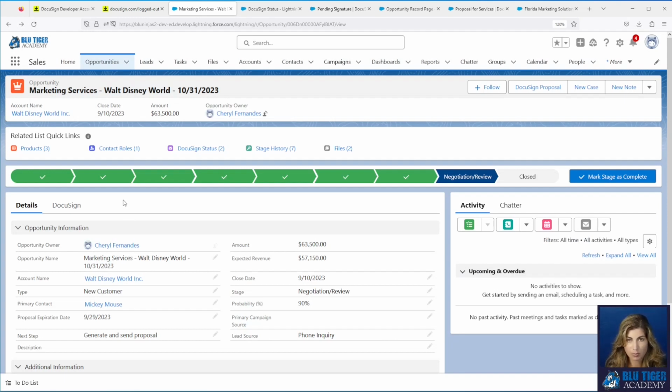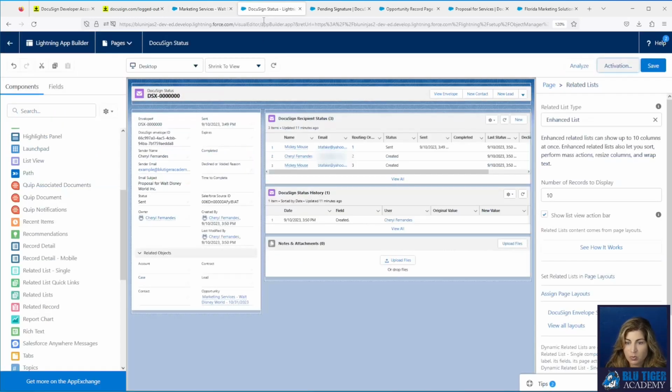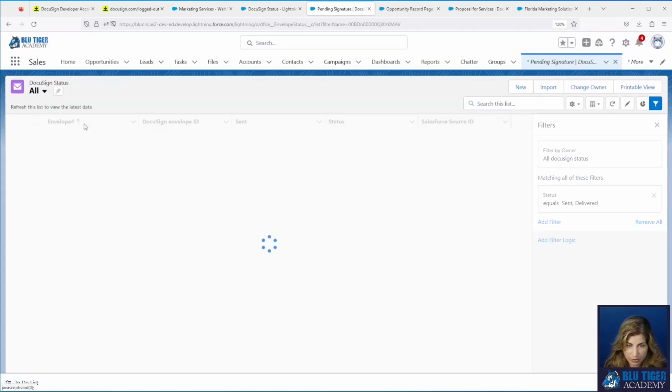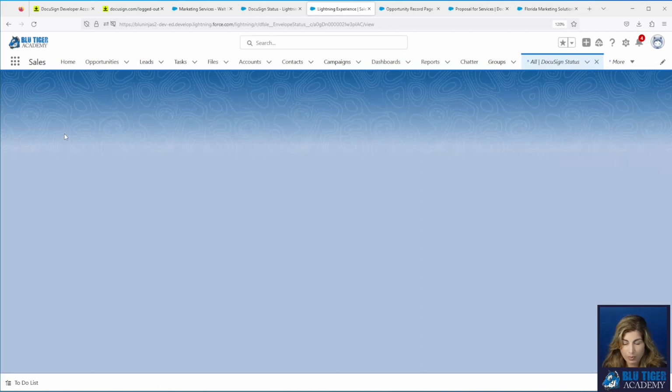They sent out the proposal for signature, and now you want to put the DocuSign status record in a list that only shows the DocuSign status records related to their own opportunities. You can do it a couple of different ways. One way, you can create a flow that's going to update the owner of the DocuSign status record. You may not want to do that yet.